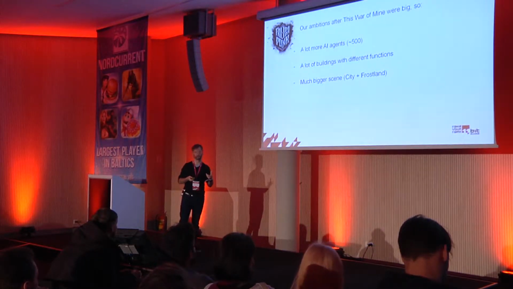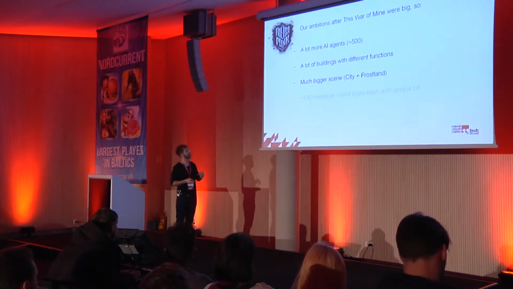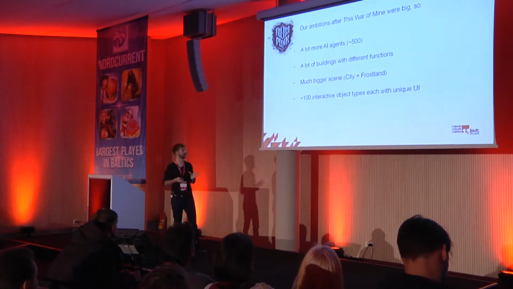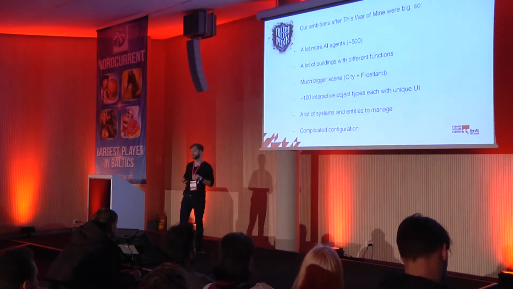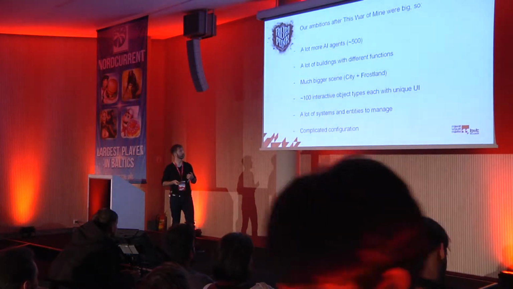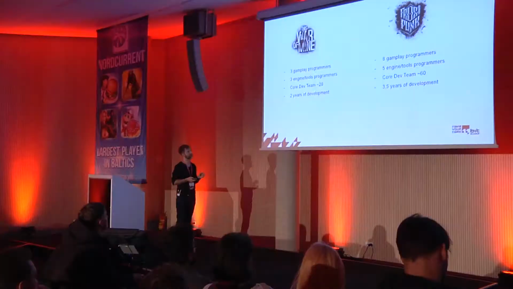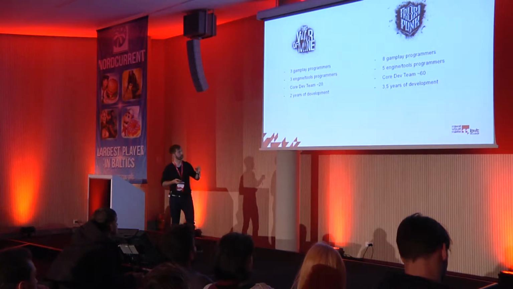When we're talking about the scene, we're talking about the city that we see and the frostland when we zoom out from the camera. We've got around 100 interactive object types, each of them with a unique UI. And we've got a lot of systems and entities to manage. So the configuration of that is obviously complicated. When you compare those two games in terms of how much work we had to put into them, we can see that obviously we had more gameplay programmers, a much bigger core dev team, and it took us almost two times more time to develop. But before I go further into how we did components in Frostpunk,